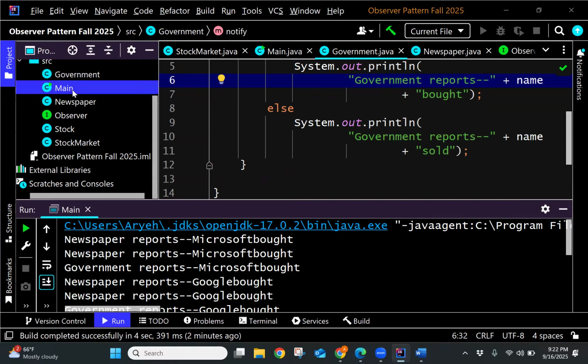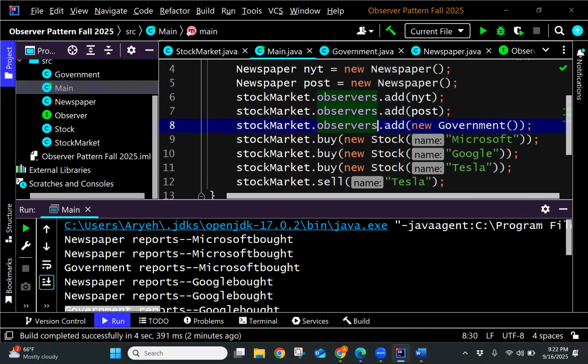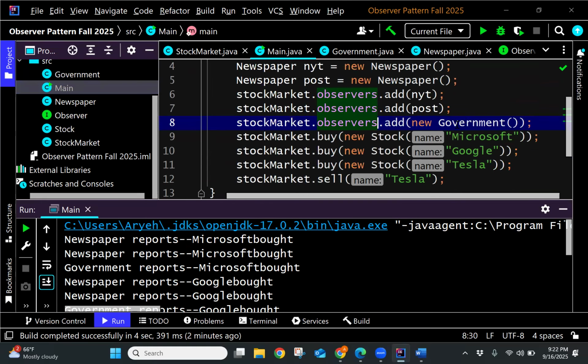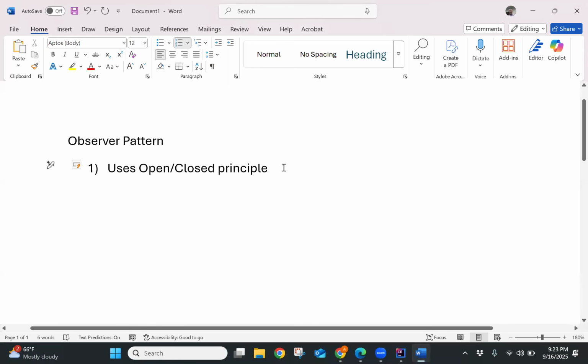And then we could just put it into main. We could add any type of observer we want, as long as they implement the interface. That's number one. So it's the open-closed principle because